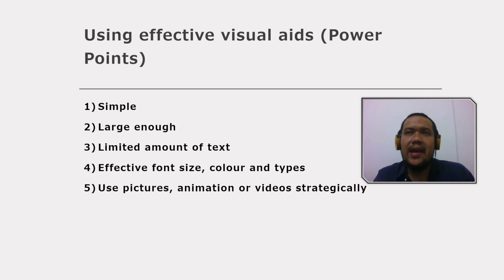what's happening is, for example, you use moving animation, it will distract the attention of the audience, so it's not really effective. So why would you use a moving animation, unless you think you have to use it, okay, for the purpose of making sure the audience understands, then it will be okay. All right, so please use pictures, animation, and videos strategically in your slide. Okay,